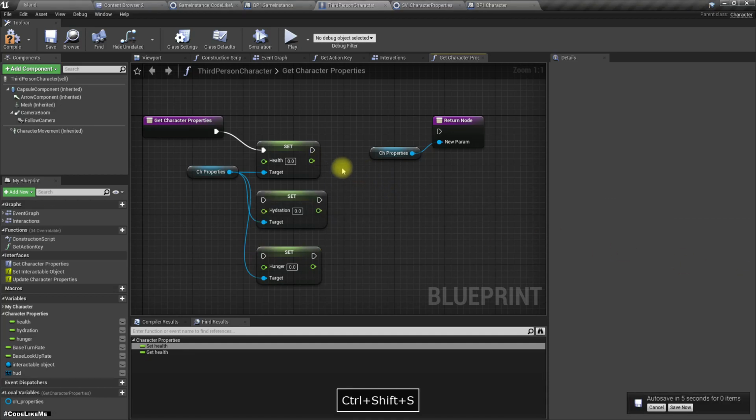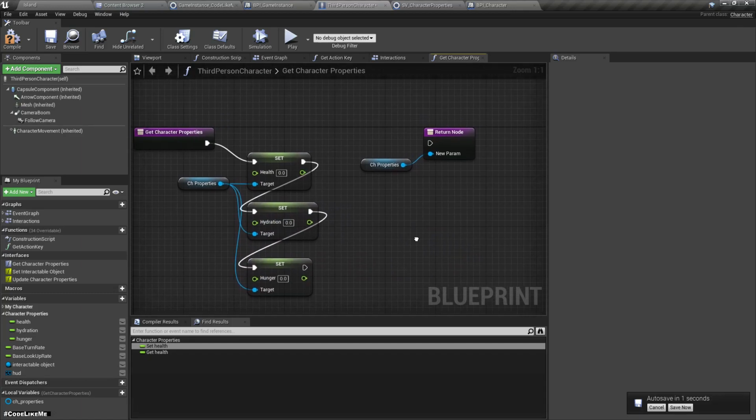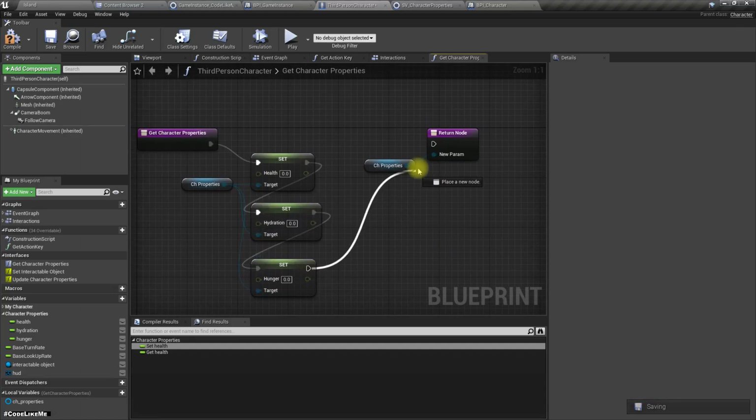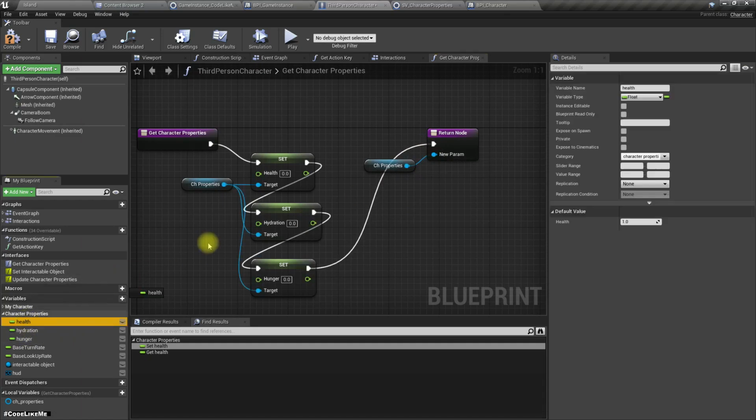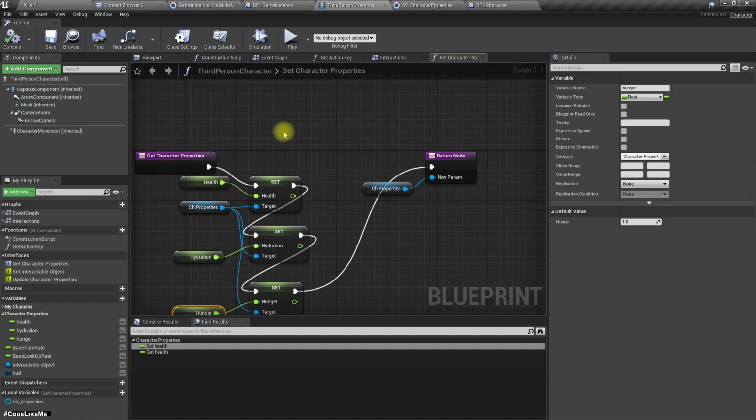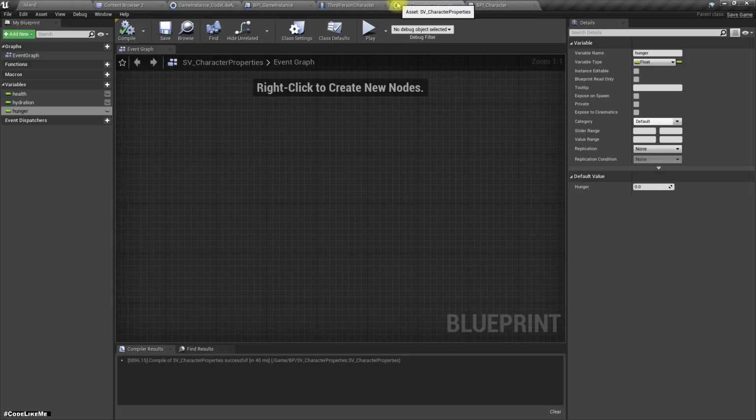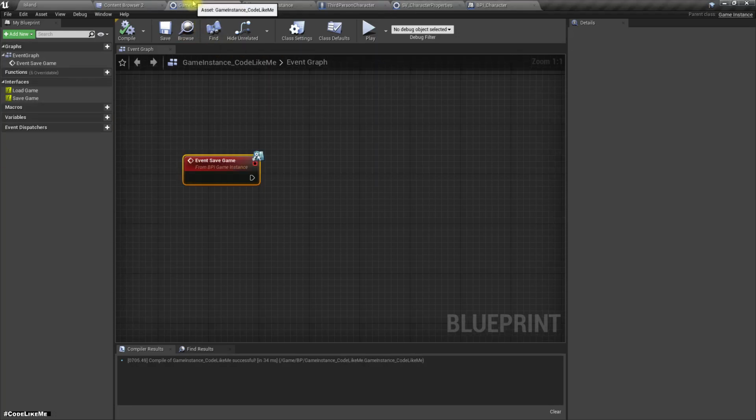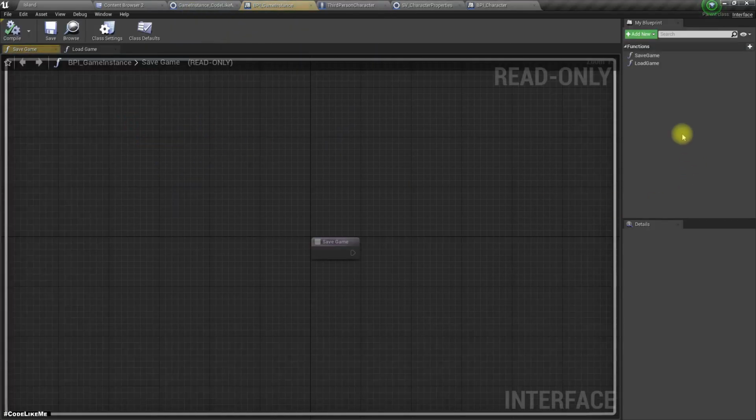Okay, now let's connect them like this. Now we can drag and drop the health value here, hydration, hunger, like this. Okay, now when I'm asked to save the game, in the game instance here as an input